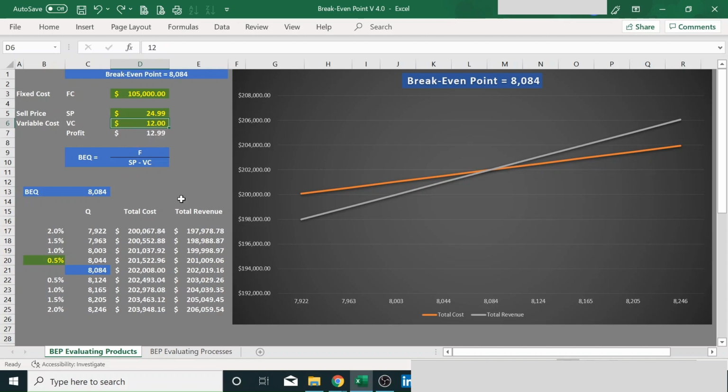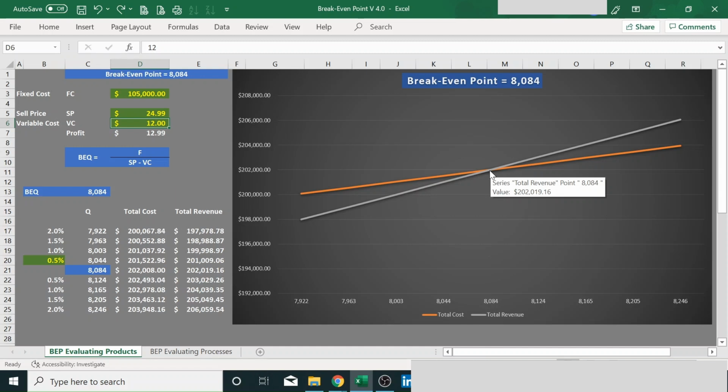Here we have our formula. Here we have our profits, all our math. So when we substitute all these values in the formula, we end up with 8,084 products. That would be our break-even point. What we have here is the chart that shows our break-even point, and we can hover over where the two lines intersect, and it's actually our break-even point of 8,084 units, and our total revenue that is going to be equal or very close to total cost is $202,000